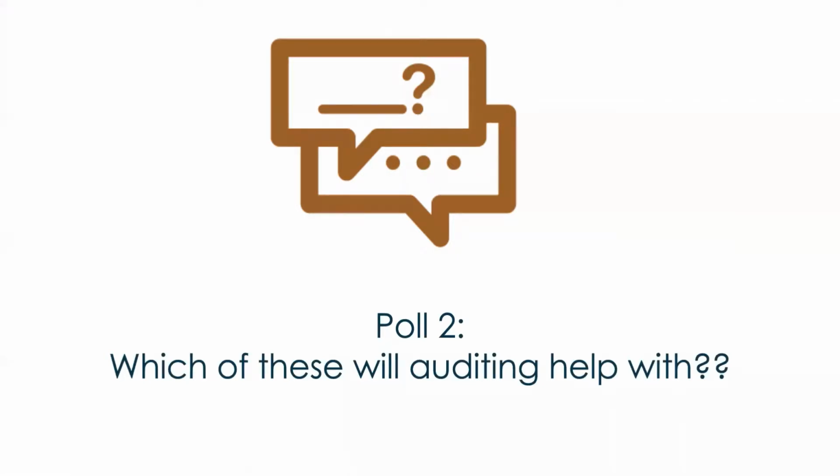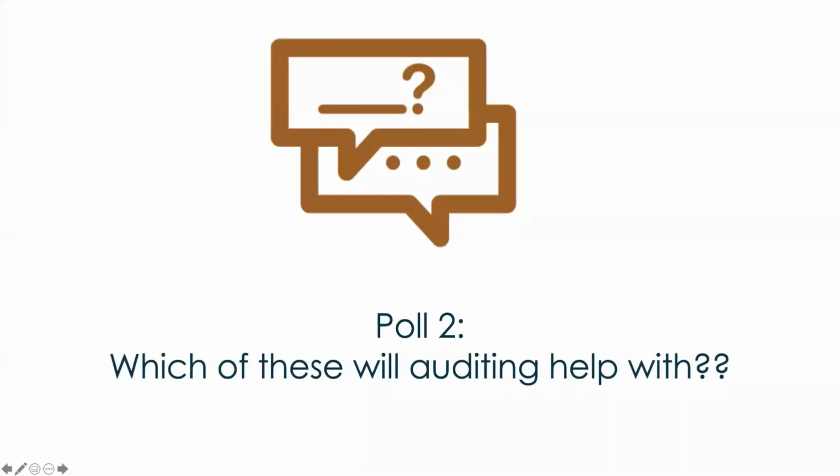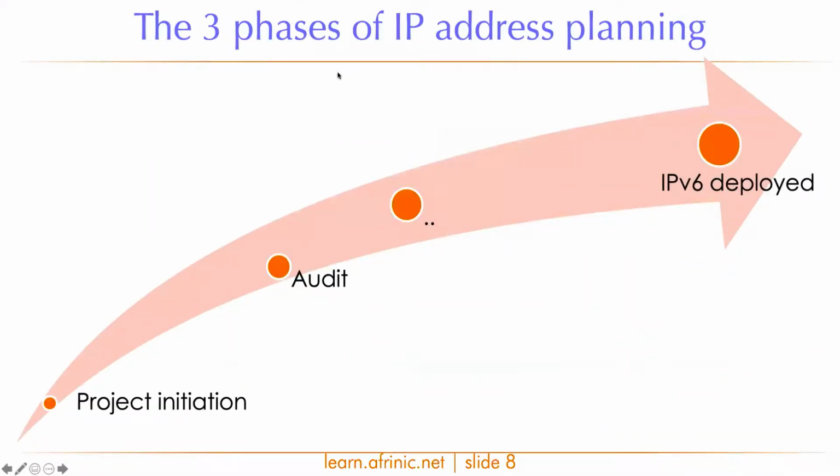Now, in terms of where the auditing sits in the deployment timeline, you can see that after you start the IPv6 project initiation, whether it's because your boss comes in and says, okay, we are doing it today, or you and a couple of other engineers sit and say, we want to do this, and where the end goal is that IPv6 is deployed,